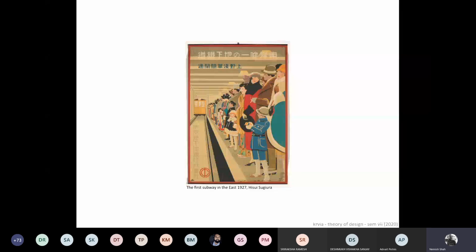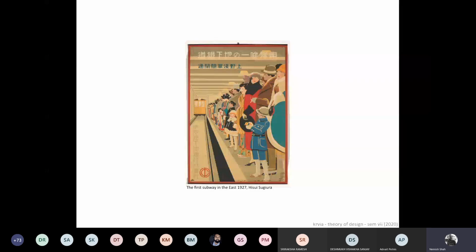the large earthquake happened. The Great Kanto earthquake happened, where almost all of Kyoto, Tokyo was demolished, except for one of the important buildings which survived, Frank Lloyd Wright's Imperial Hotel. I'm sure everybody's learned about the Imperial Hotel actually at that time. So that was a building that survived.